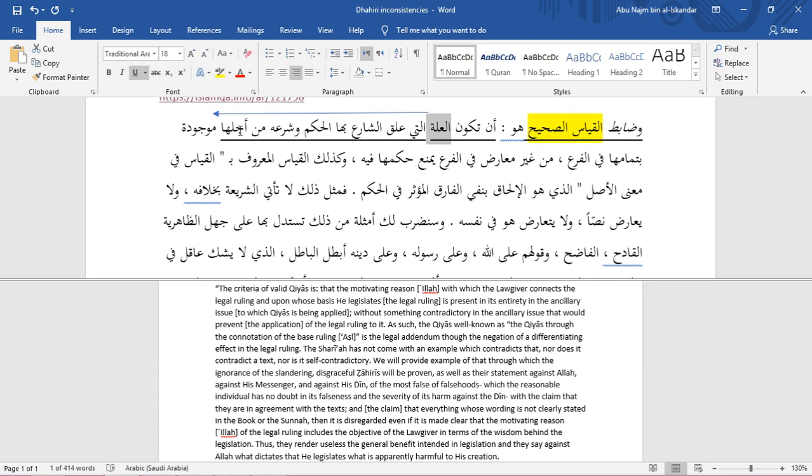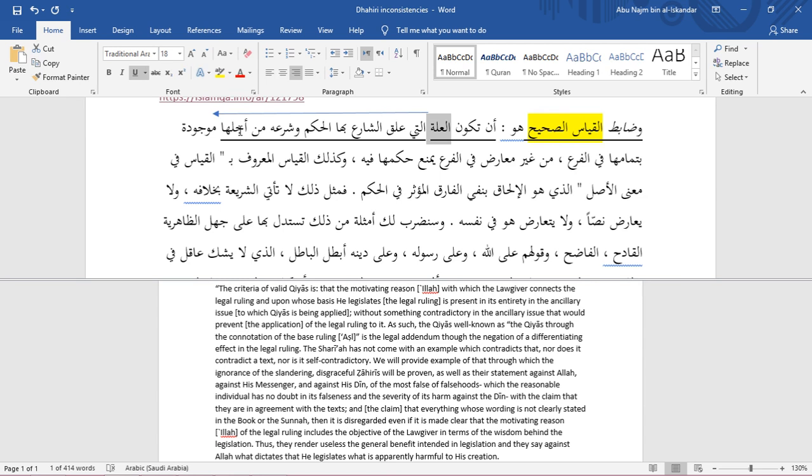That illah, that reason. The criteria for valid qiyas is that reason be present, mawjudatan, bi timamiha, in its entirety, fil far'a, in that secondary ancillary issue that you're trying to put qiyas on,